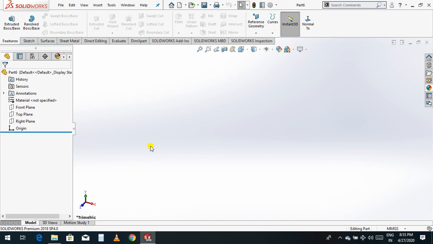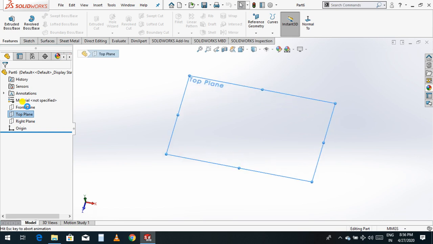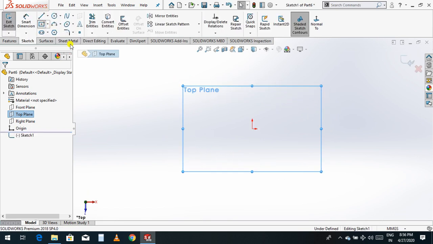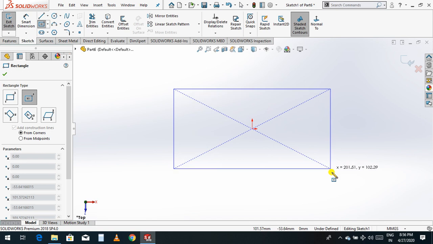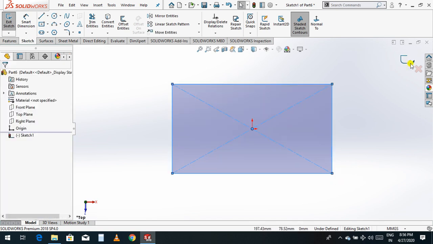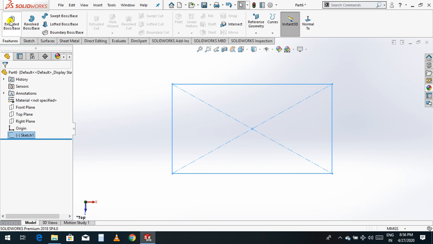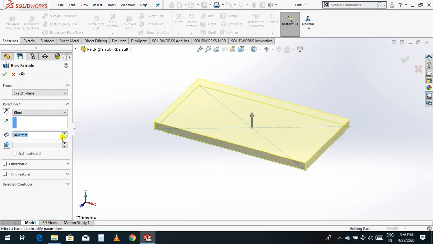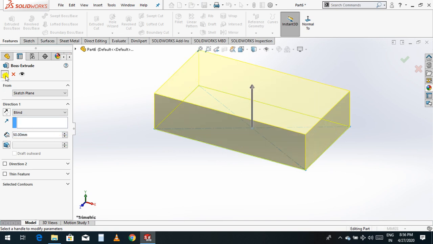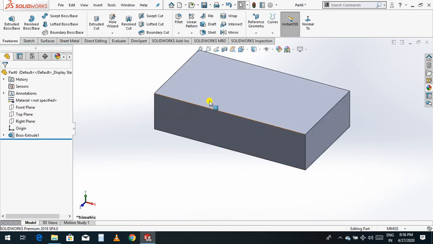In this video, we'll learn about swept cut in SolidWorks. Let me choose the plane. I'll choose the top plane and make one sketch here, a rectangle like this. Exit the sketch, go to the feature, Extrude Boss/Base, and give it 50. Okay. Now I want to make one swept cut in this plane, so select this